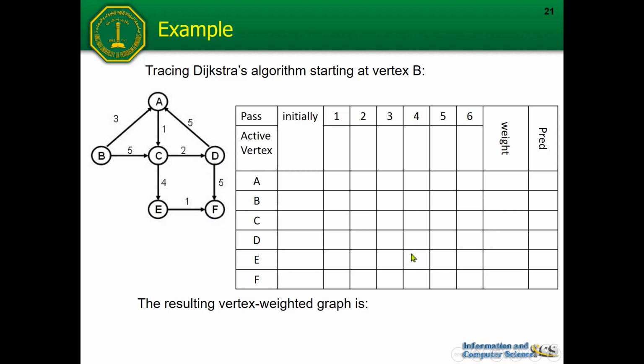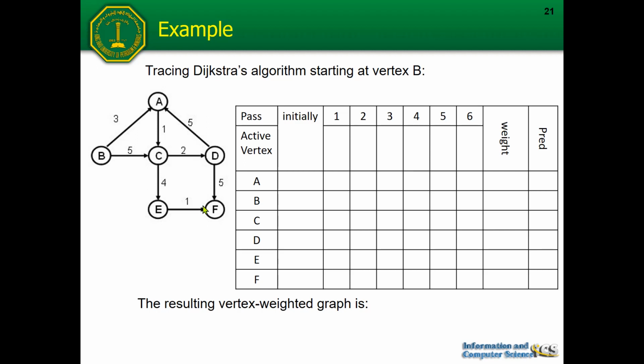In that case, the predecessor of F in this table will be the predecessor that we use when we define the shortest path. Okay. Now, for example, the shortest path to reach F is just for example this one. Okay, using this path. In that case, the predecessor of F will be E, not D. Okay, but if the shortest path from B to F uses this path, then the predecessor of F will be D in that case. Okay, something like that, everyone.